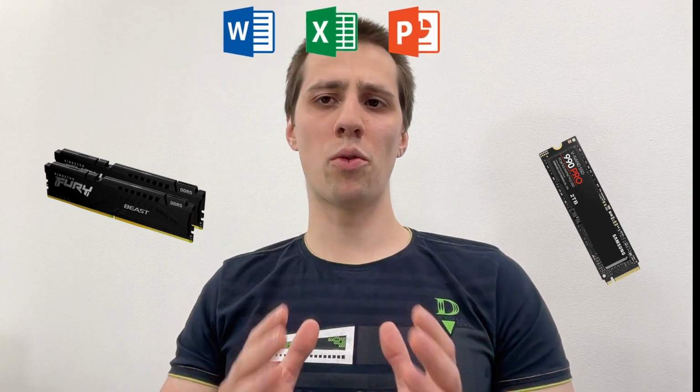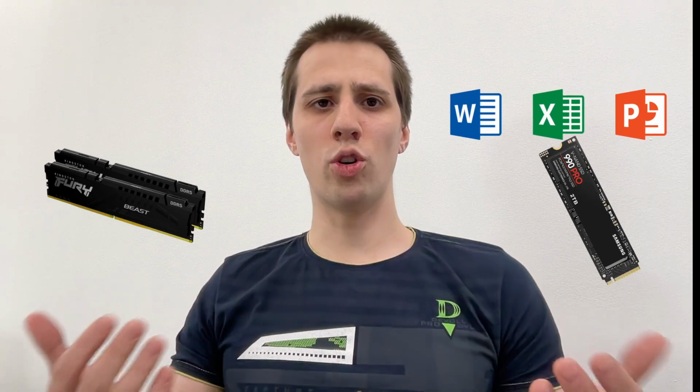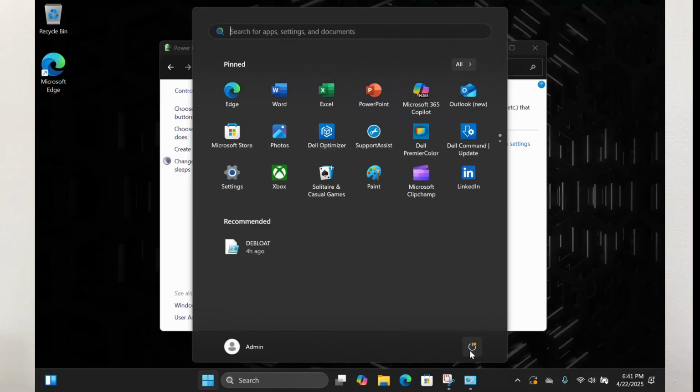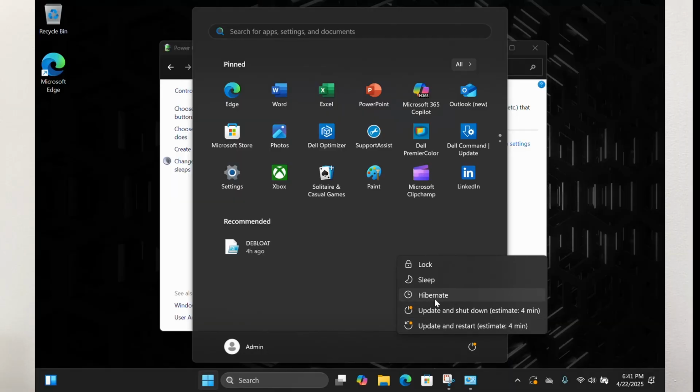Unlike sleep, hibernation actually powers down your PC, but it saves everything from the RAM to the system hard drive or SSD. This means that it takes a little longer to power up, but you still get the benefit of saving your work without draining the battery. Since Windows 7, Microsoft have been trying to hide this function from you, but without disabling it completely, which brings some drawbacks. Here's how you can make it appear in the Start menu.